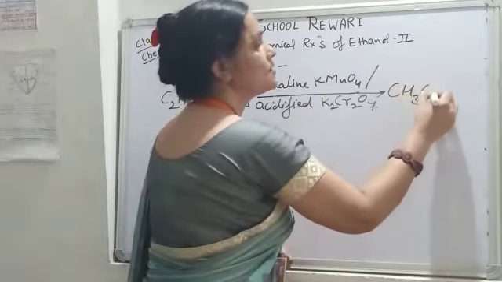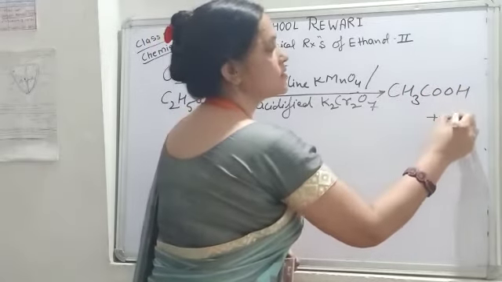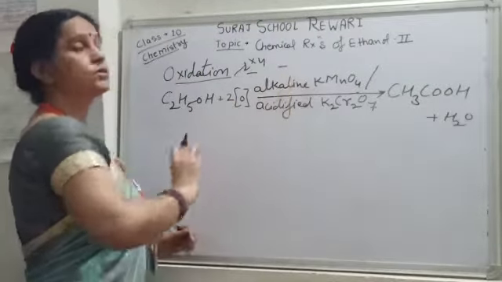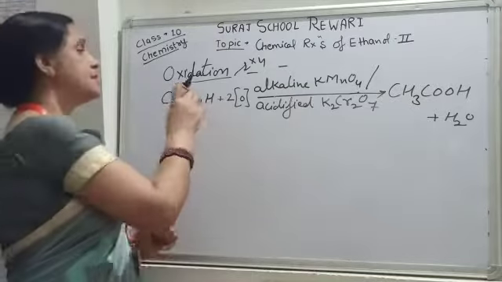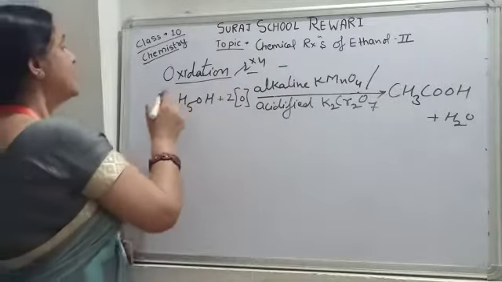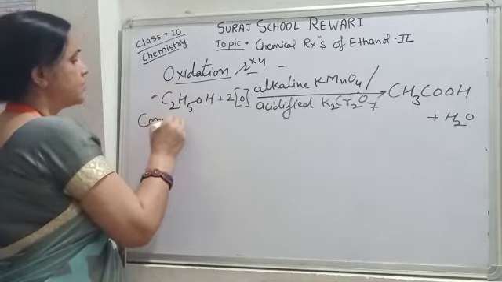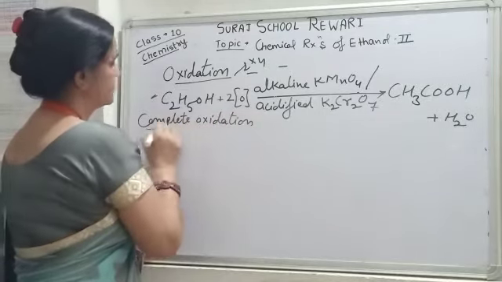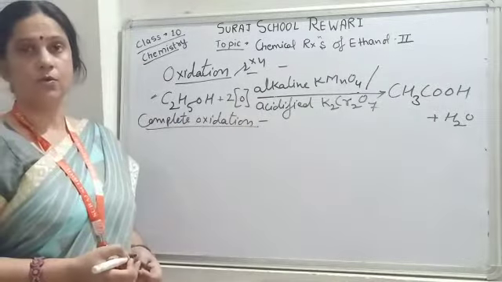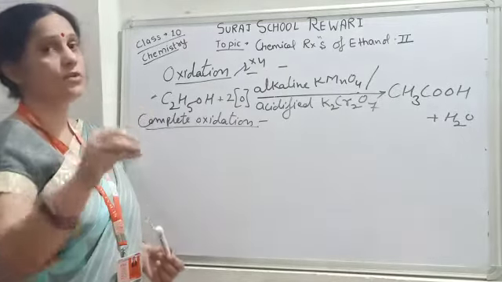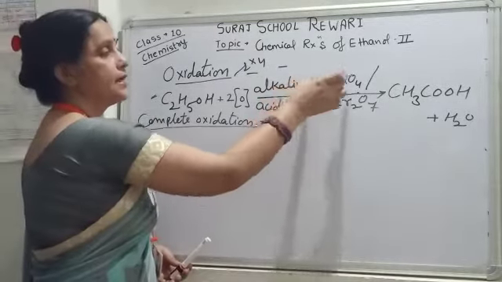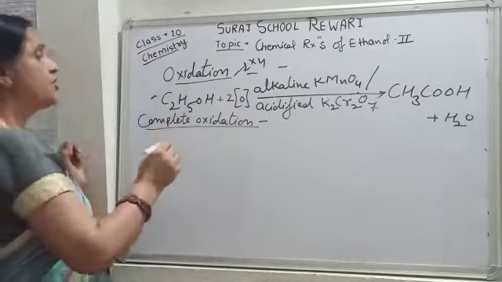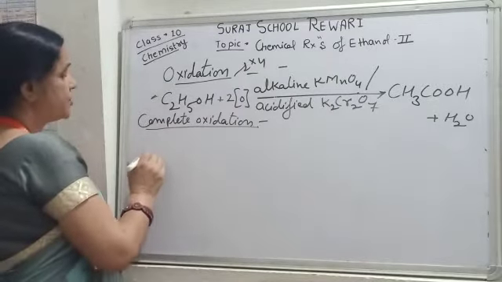Ethanoic acid is CH3COOH plus water. So students, in this reaction, these are the strong oxidizing agents which completely oxidize ethyl alcohol to ethanoic acid. So it is the complete oxidation of ethyl alcohol. If we want the complete oxidation of ethyl alcohol, we can use alkaline potassium permanganate or the acidified potassium dichromate. But if we want the partial oxidation,